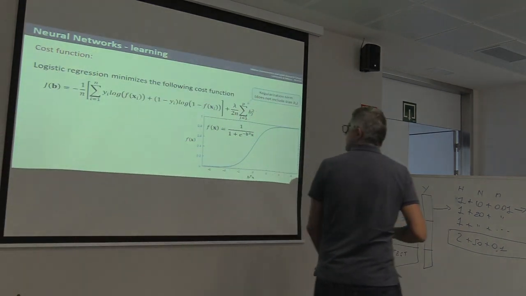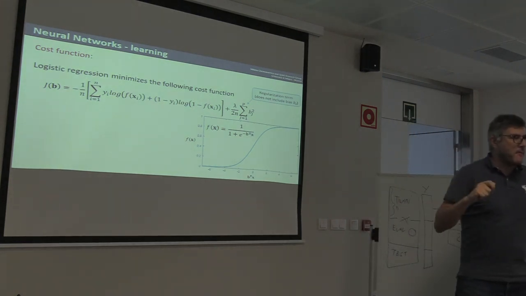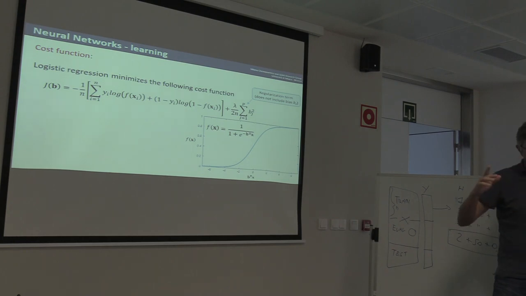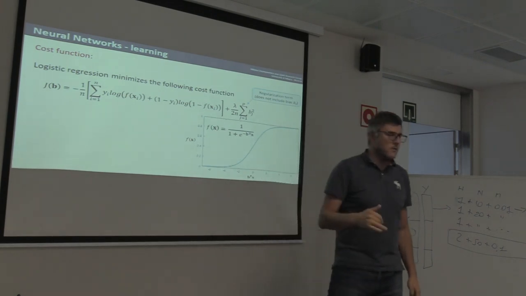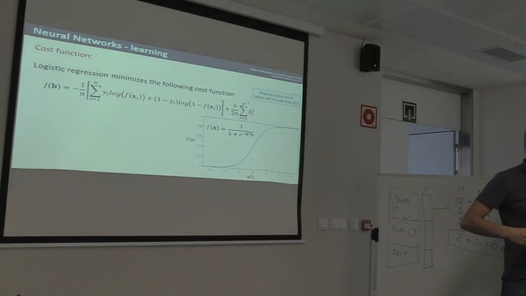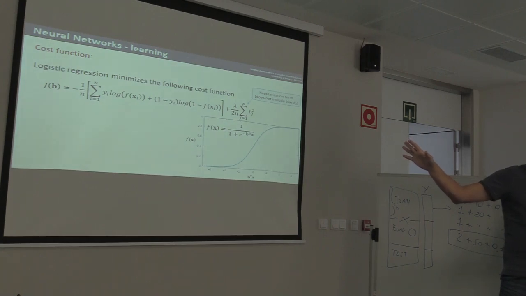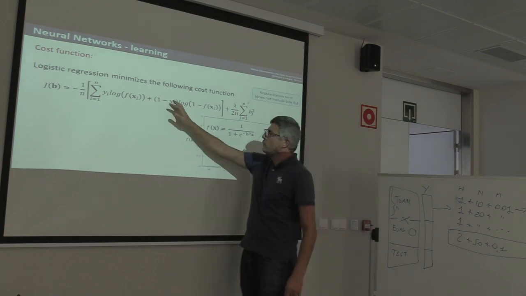So let's see. Now, if you remember support vector machine, you had an optimization function, and then support vector machine finds the best set of coefficients that minimize that optimization function. And if you remember, in that case, the optimization function was taking into account the margin between the two classes. Here we still have a cost function to be optimized with neural networks, and so we will have to find the set of weights, not coefficients, but a lot of weights inside the network, that minimize this objective function,